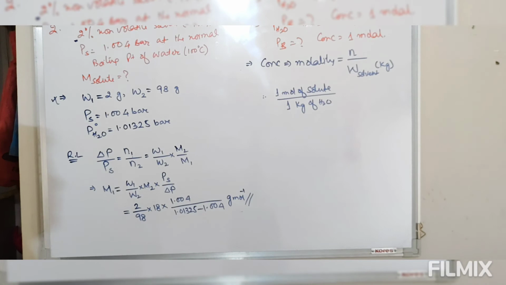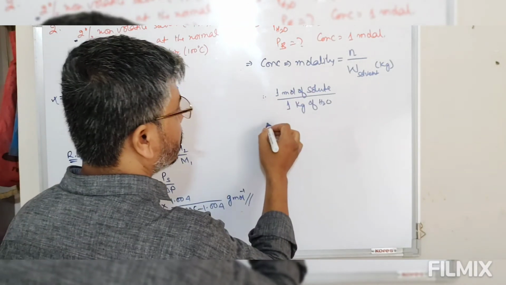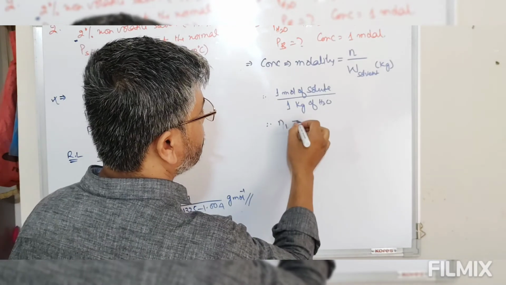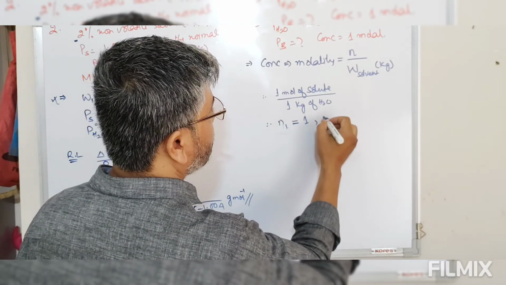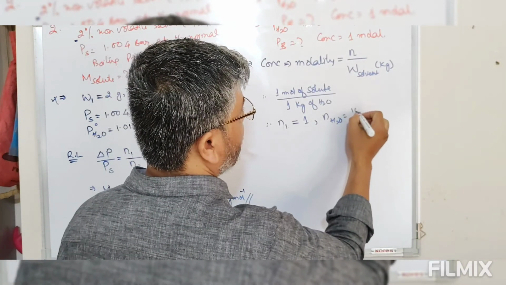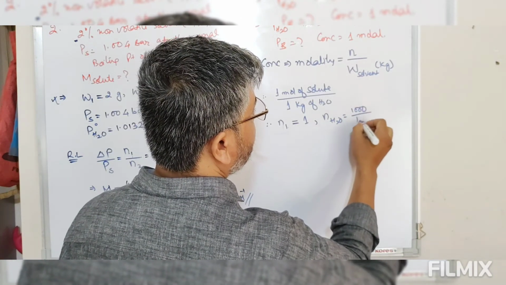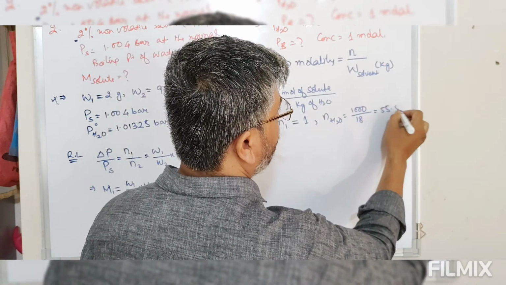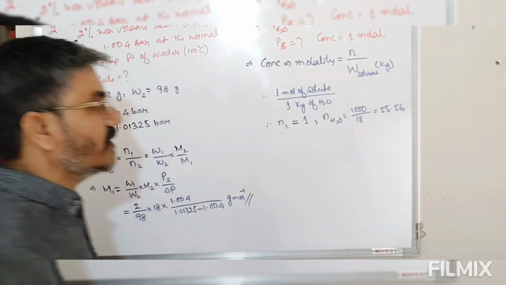So we know the number of moles of solute: the number of moles of solute is equal to 1. The number of moles of water is mass divided by molar mass, so the mass is 1000 gram divided by molar mass 18. So this comes out to be 55.56. So we have the number of moles of